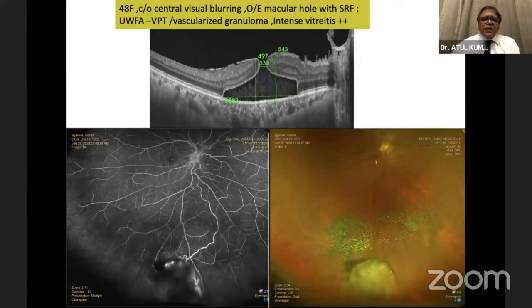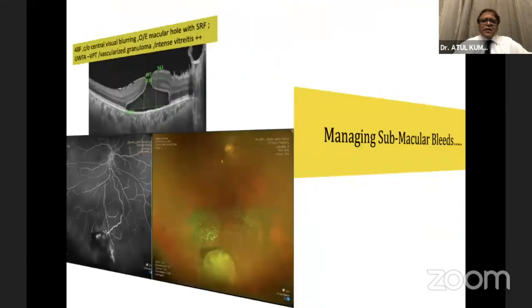So this is just a patient who had a macular hole with SRF. The hole appeared to be slightly different on the surface OCT, as if somebody's pulled up the retina, and we found a VPT, vasoproliferative tumor, sitting at the periphery. So we actually spent a few months lasering the VPT to make sure all the exudation from the VPT got taken care of, and then only repeated the whole surgery. So whenever you see a macular hole, just don't straight away get excited and do the surgery, because you might have something in the periphery also, and it's important to see it.